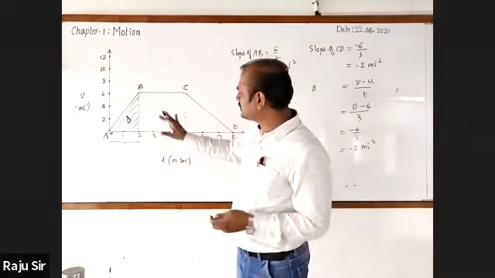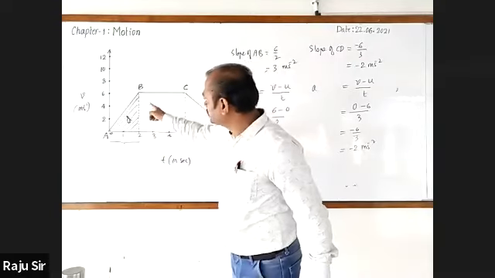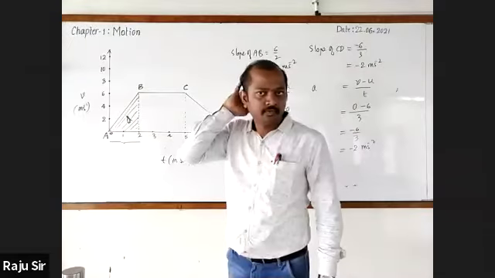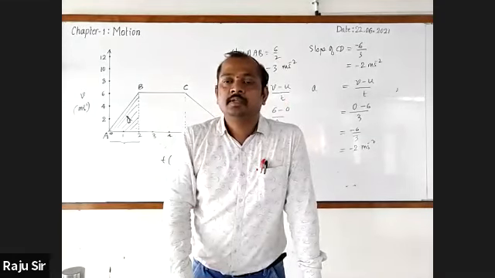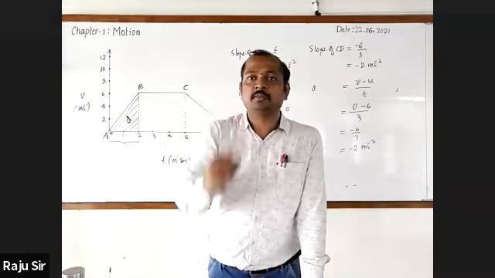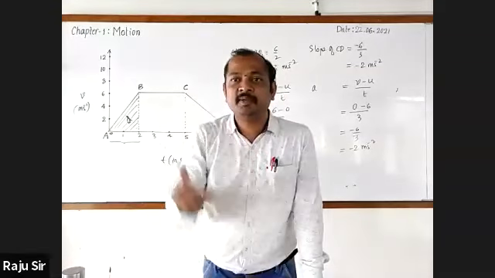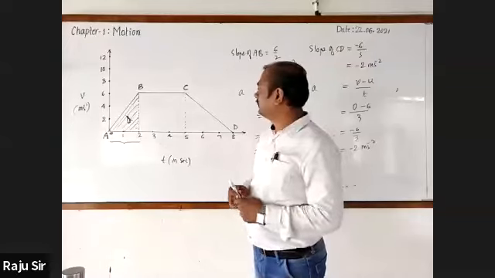Area. Just observe this thing. Observe the shaded part. Amulya CK, could you tell which geometrical figure that is? Right angle triangle. I think in this classroom only one Amulya CK is there, but many voices are coming. Sir, it's a right angle triangle. Very good. It is a right angle triangle.